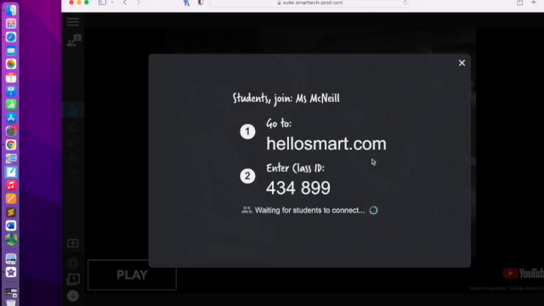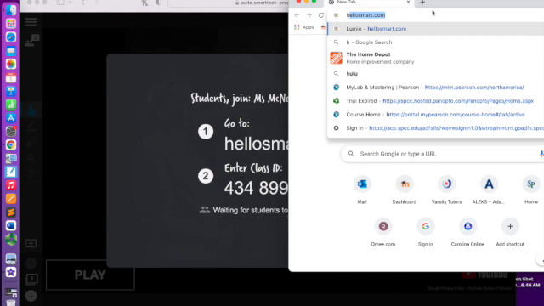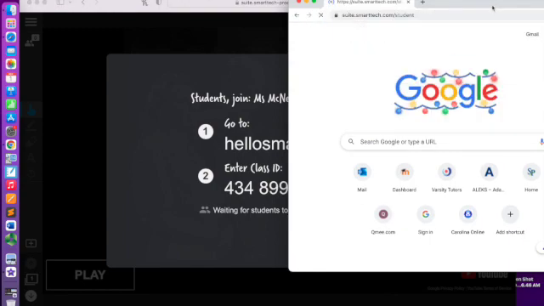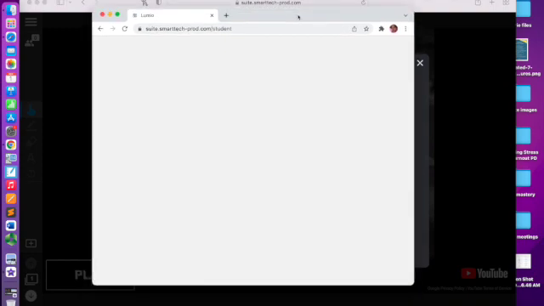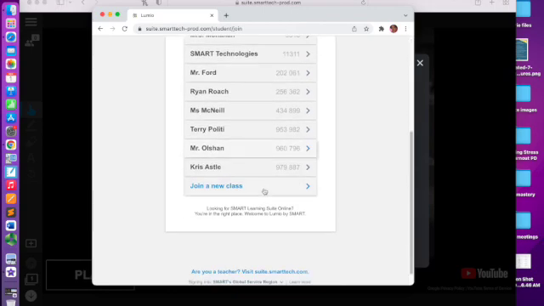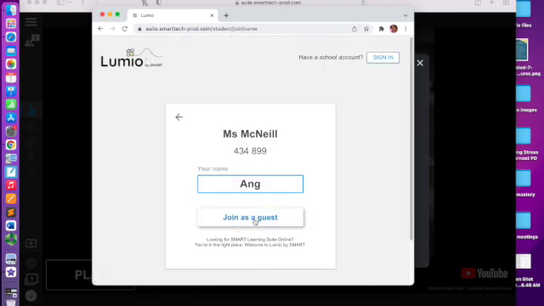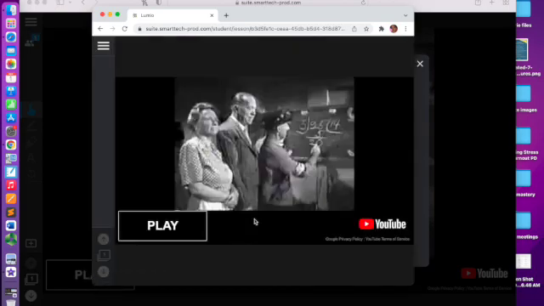They know to go to hellosmart.com and enter this class ID. So I'm going to pretend like I came into class, and I'm going to go to hellosmart.com. As you have seen, I've gone there many a time. And then I'm going to enter my class ID. They might not let me because I'm the teacher, but we're going to see. See, I've been to many people's classes. So I'm going to enter Ms. McNeil's class. I'll join as a guest. That's how they have to join, as a guest, unless the school system buys SMART accounts for all the students, which is not ideal. Just let them join as guests. And this is what the students see